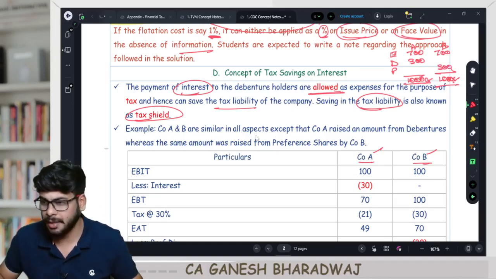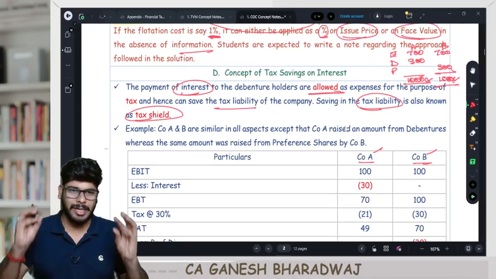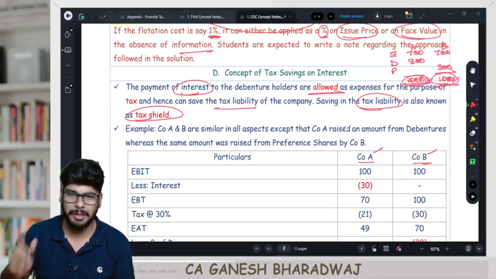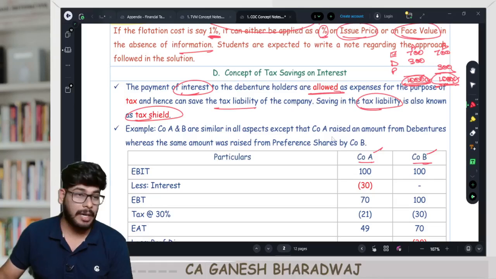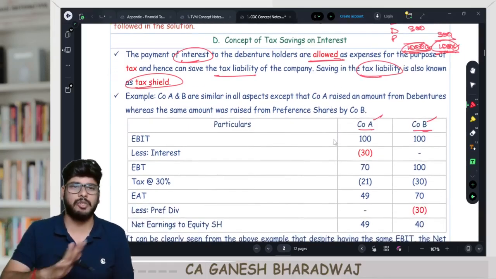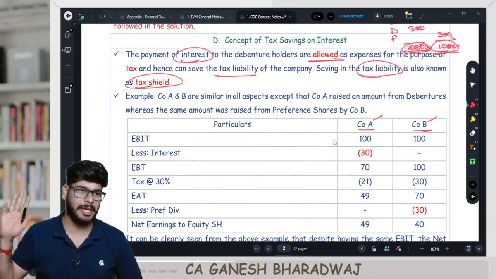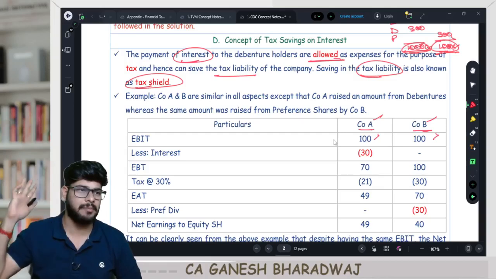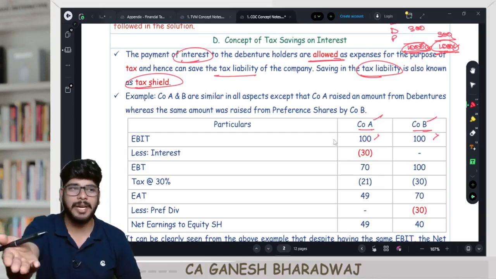Example I'm saying, right? Now, what happens in this case? Both the companies' total capital employed is the same, 1000 crores. Agreeing with me? Any problem here? Now, both the companies are assumed to be in a similar risk class, so they are operating normally. Everything is the same. Both the companies are starting with the same EBIT. EBIT means earnings before interest and tax, or in other words, EBIT is nothing but your operating profit that